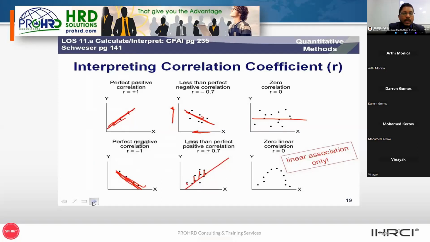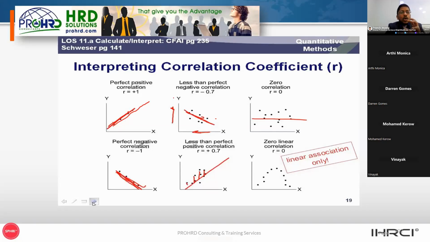Okay, it is going positively, right? This is called perfect positive correlation. When you see a data set, you will have two variables. You need two variables. When you plot them on the graph, in reality you will not see anything perfect. You cannot draw any line. You will see only clusters.